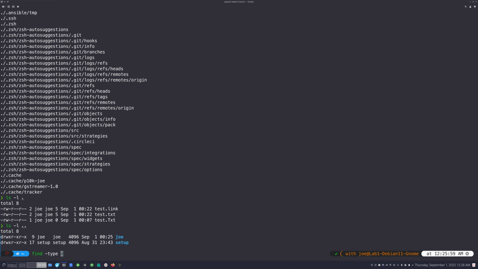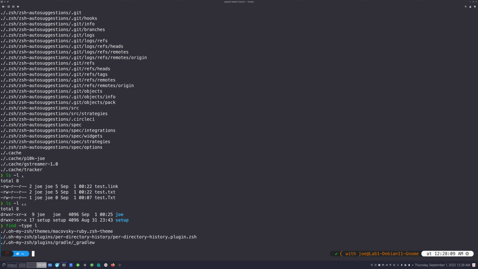So if you want to find, for instance, all symlinks, you would type -type l, and it's going to give you all the symlinks under the directory that you're currently in. And that, of course, is because I did not specify any particular path here, okay? I just omitted the path, and it's assuming the directory that I'm in, the current working directory, as it were.